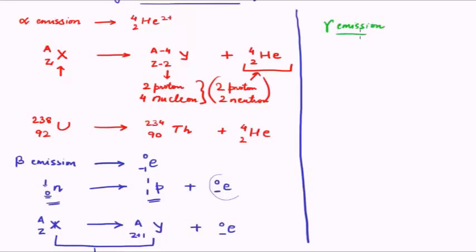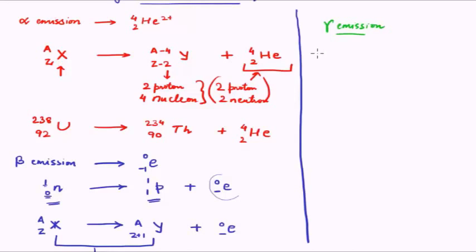Now as we have already discussed, gamma rays are electromagnetic radiations, they are not particles per se. Since they are electromagnetic radiations, they do not have a mass, they do not have a charge. So there is no particle being emitted, there is just electromagnetic radiation being generated. Therefore the parent nucleus and the resultant daughter nucleus will have the same atomic number and same mass number. The only change that will happen is that the parent nucleus will lose certain energy and that will be emitted as the gamma radiation.